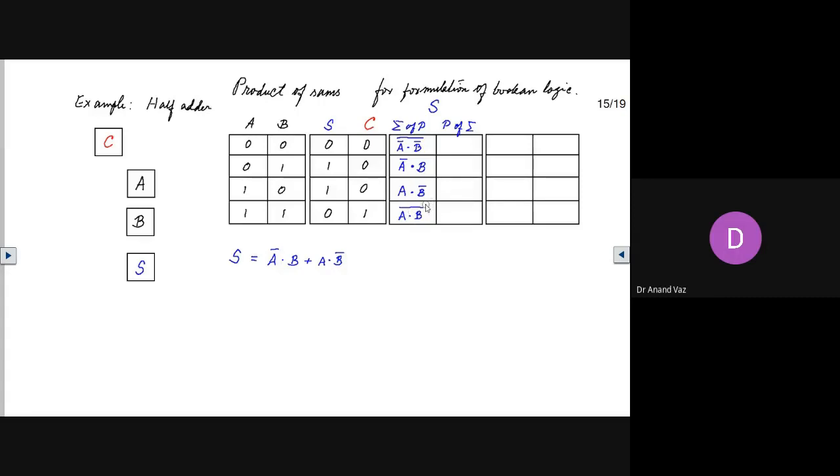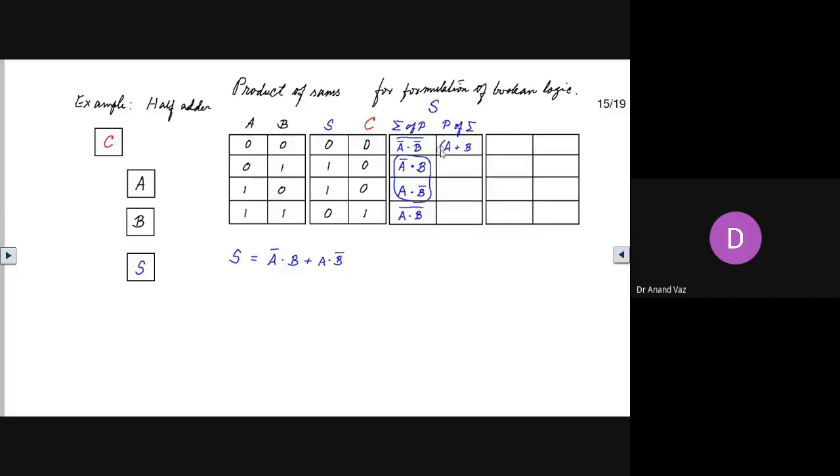So we can see that either we can have this part, which we can formulate as a sum of products, or we can have this part over here. And if we write it as product of sums, we know the De Morgan's theorem, and this can be written as A or B.